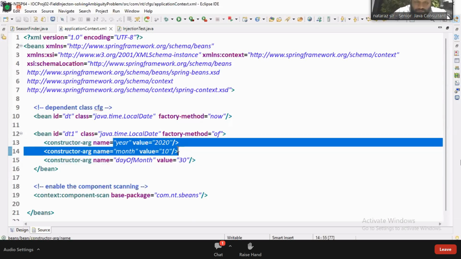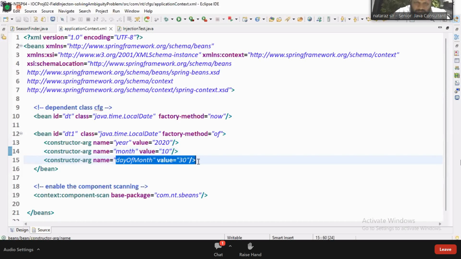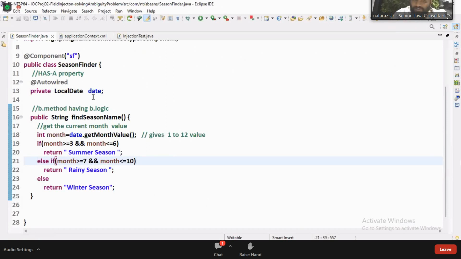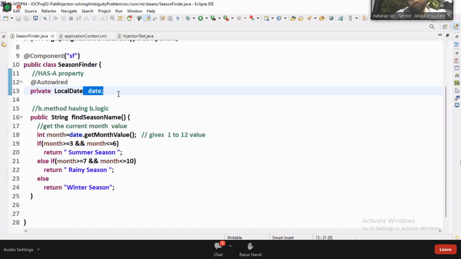Super, guys. Yeah. See, guys, this is LocalDate. Both are ready for injecting to this property. Come on, guys. But it allows how many values to inject at a time, guys? One. So that's why when you run this application,